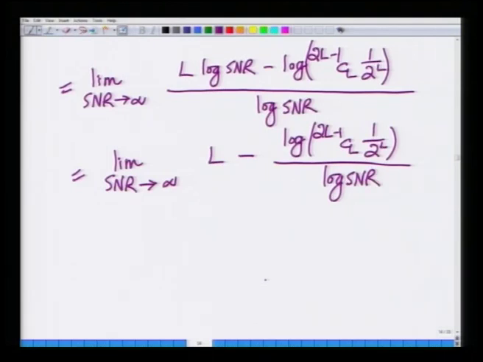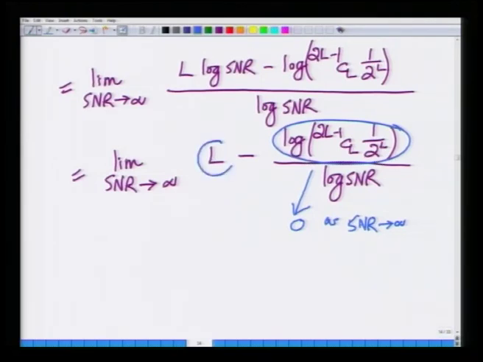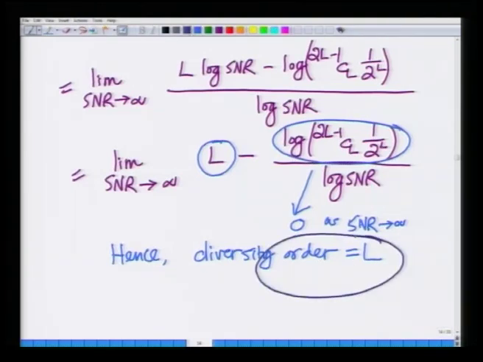over log of SNR. Now, look at this, this is a constant over log of SNR, similar to what we had previously. This tends to 0 as SNR tends to infinity, implying the diversity order D is nothing but L. Hence, diversity order equals L. And remember, this is also intuitive because we said that in a system with